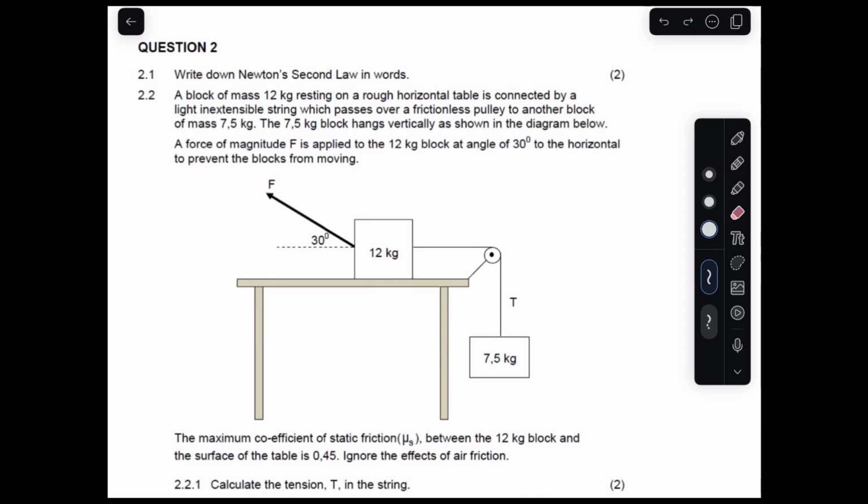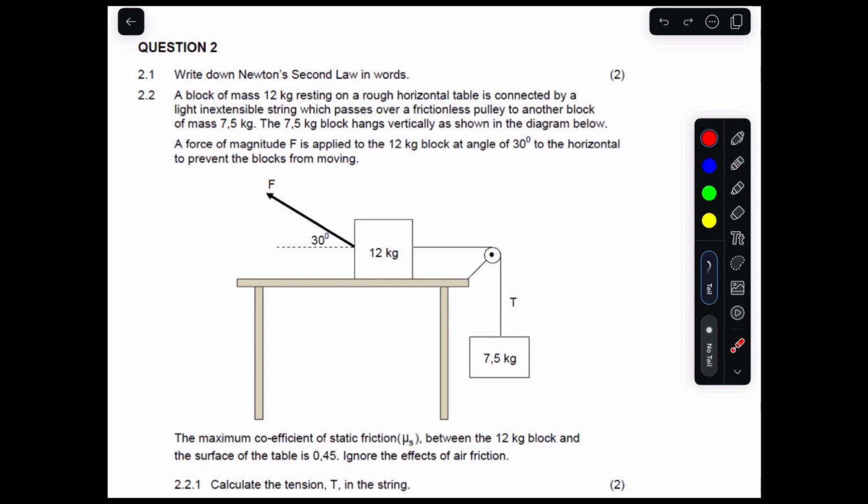Newton's second law, guys, you need to understand by heart. Check the exam guideline when it comes to that. Newton's second law says when a net force is exerted on an object, it will accelerate in the direction of the F net, and the F net is directly proportional to the acceleration, and acceleration is inversely proportional to the